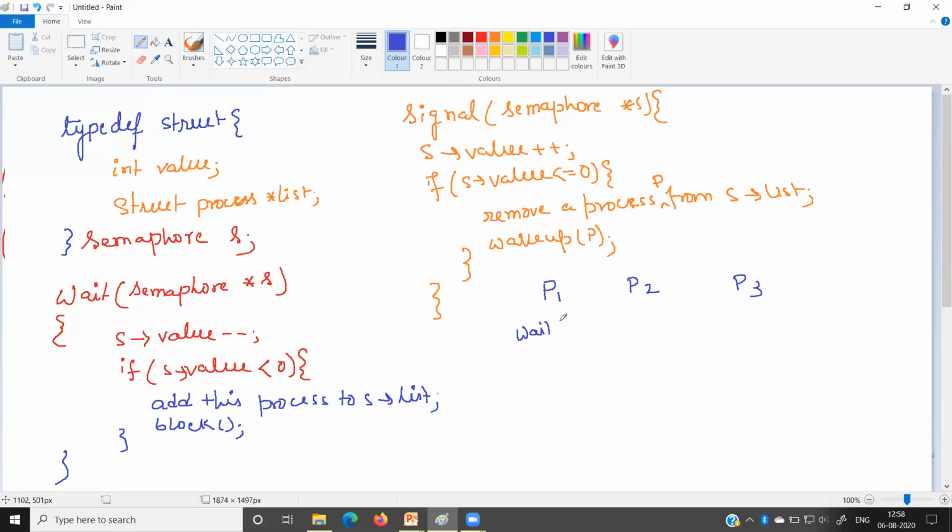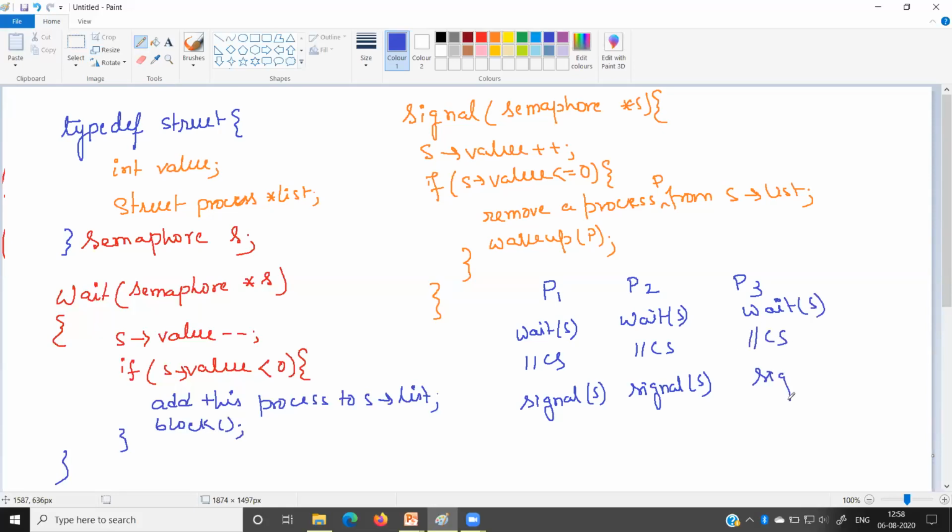So we will write wait S, then critical section, then signal S. Now for the process P2, we have to write wait S, critical section, and then signal S. For the process P3, again I have to write wait S, critical section, signal S.